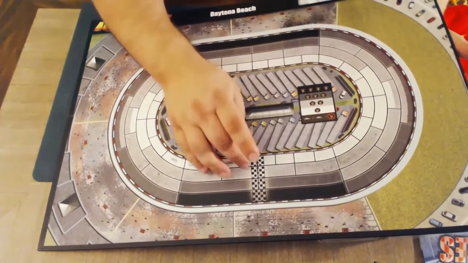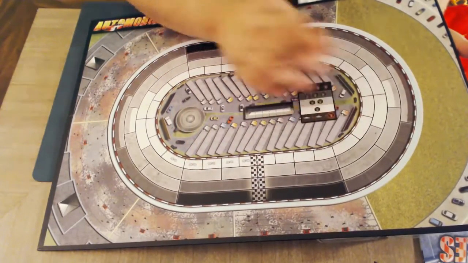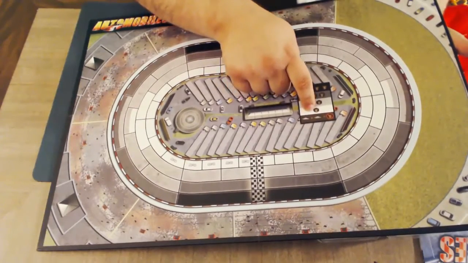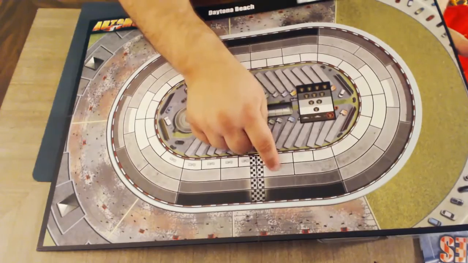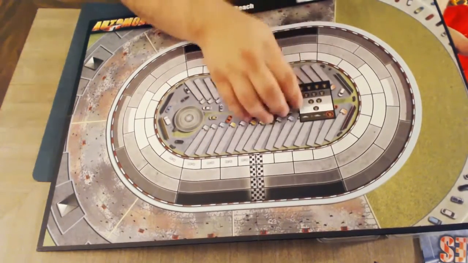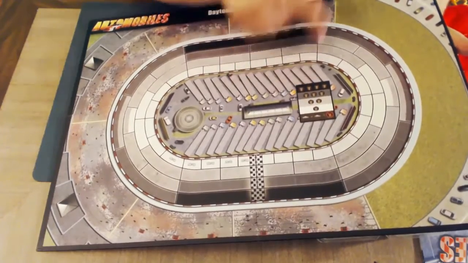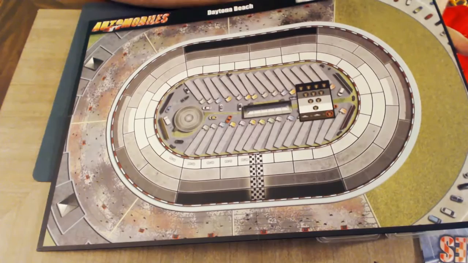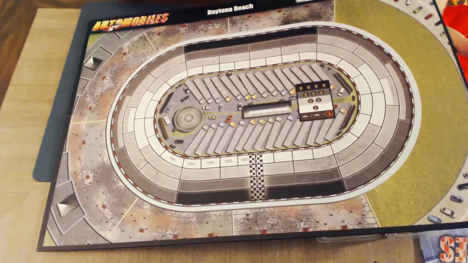So, for example, I would start here. I would move only on white. Since I moved only on white spaces, I'm only going to get 1 wear cube for my turn. But if ever I move onto a light gray or dark gray or the black here, I'm going to accumulate even more wear cubes. Now you only get the highest that you have acquired depending on how you move, but